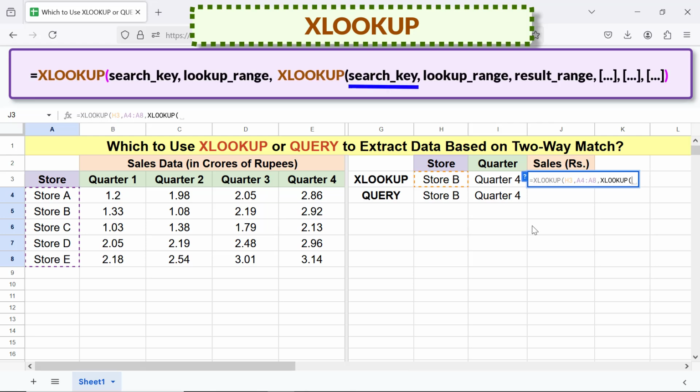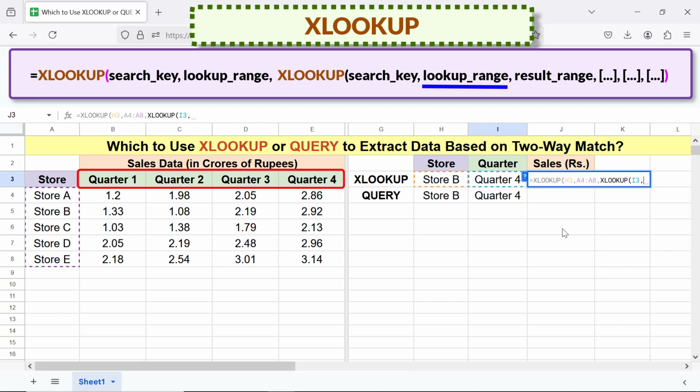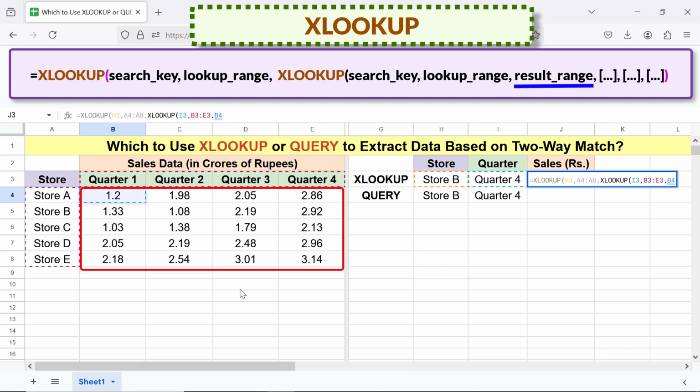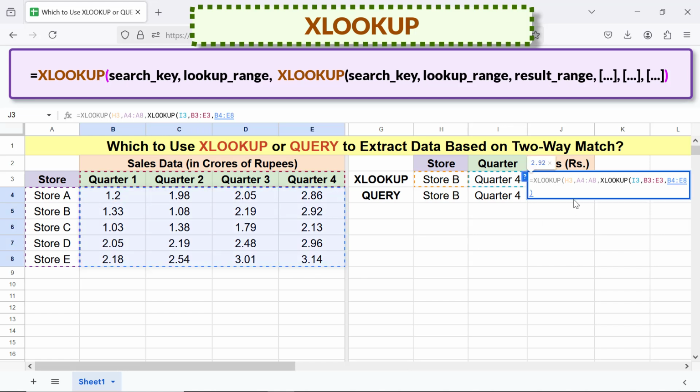For second search key, click this cell, and type comma. For lookup range, specify this range, and type comma. For result range, select this range, and type two closing parentheses, one each for the two XLOOKUP functions. The final formula is: